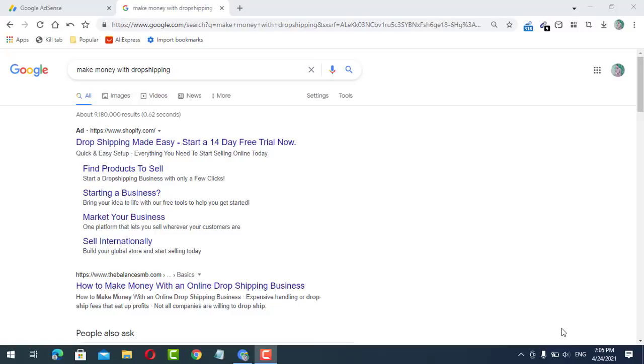You have to link these websites with your own website, grab the products of that website on your own website, and then you can change the price of that product.